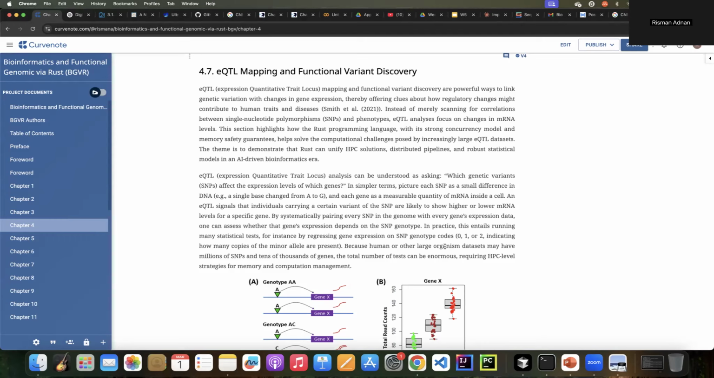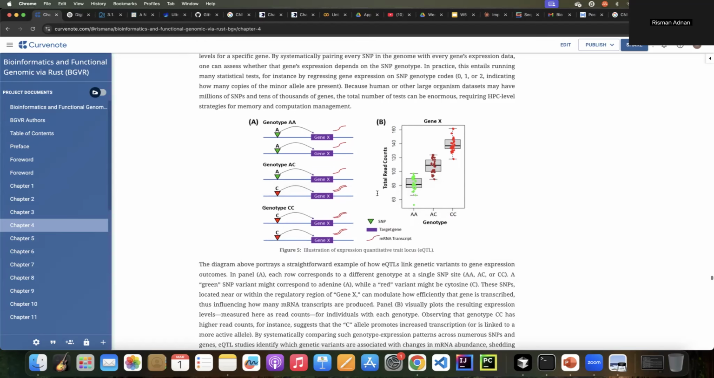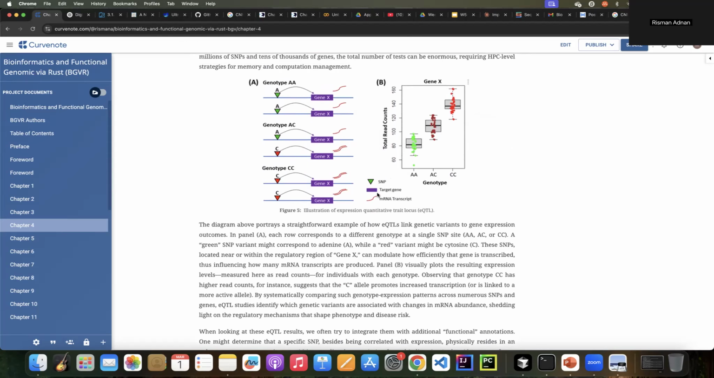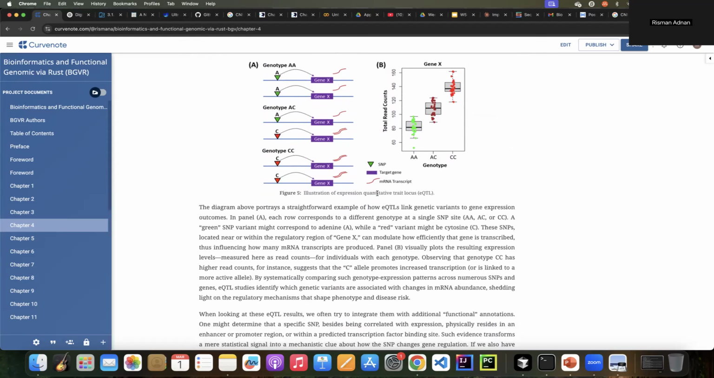In simpler terms, picture each SNP as a small difference in DNA and each gene as a measurable quantity of mRNA inside a cell. So eQTL signals that individuals carrying a certain variant of a SNP are likely to show higher or lower mRNA. Please read the scenario carefully, build your common sense, because that will be better for you than memorizing